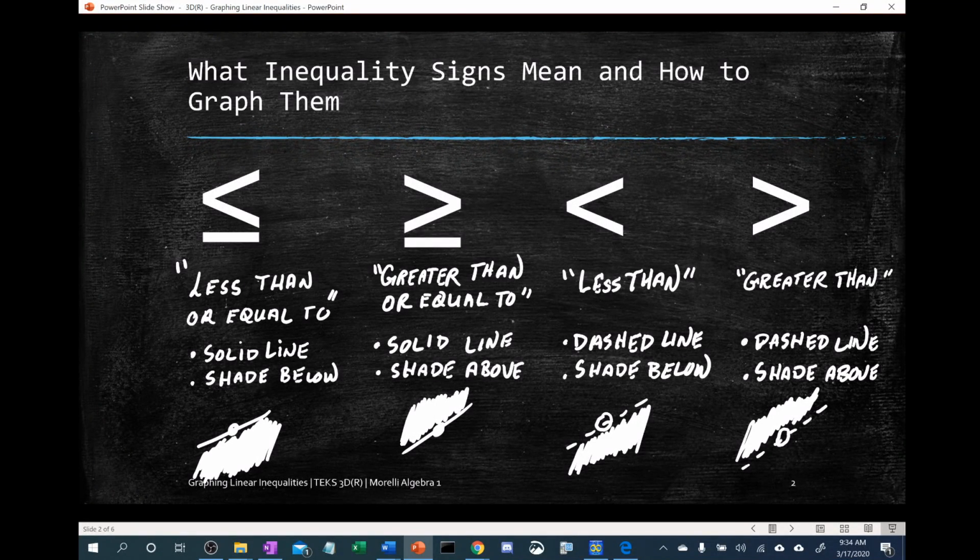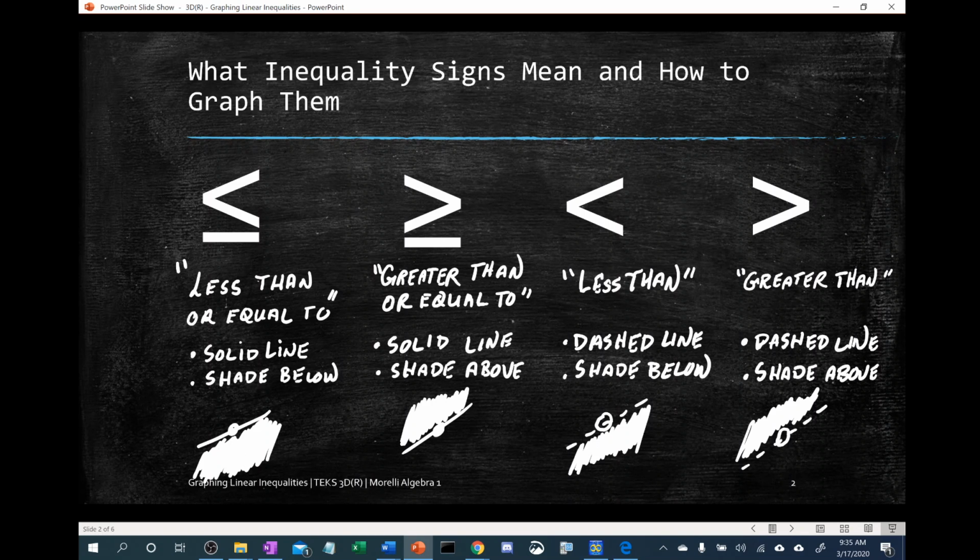So the first one here means less than or equal to. That's this one right here. It's got the line under it, and whenever there's a line under it, that means equal to. This is the less than symbol, so less than or equal to. It indicates that we should use a solid line and shade below that line, as is indicated in the shape